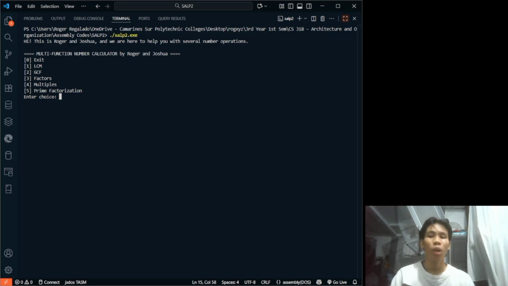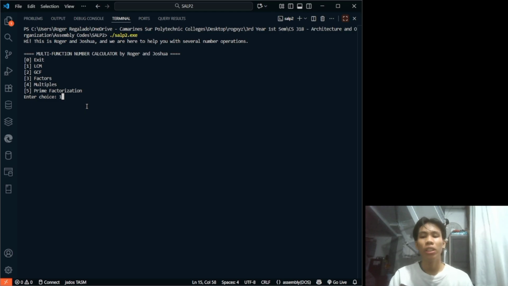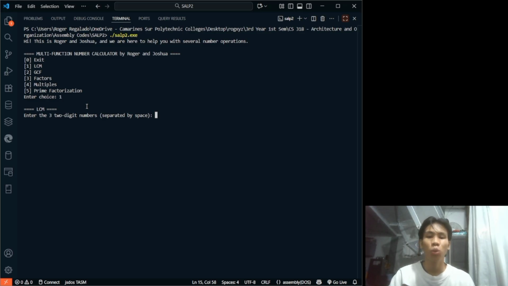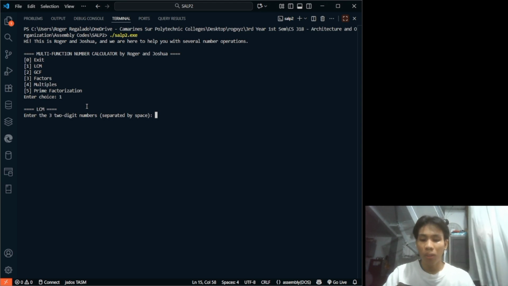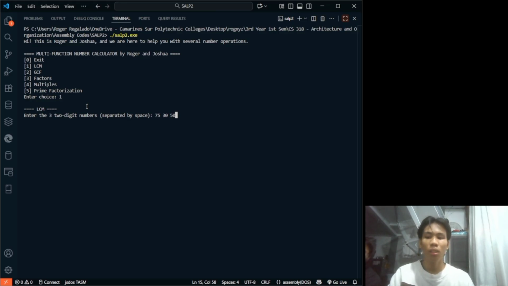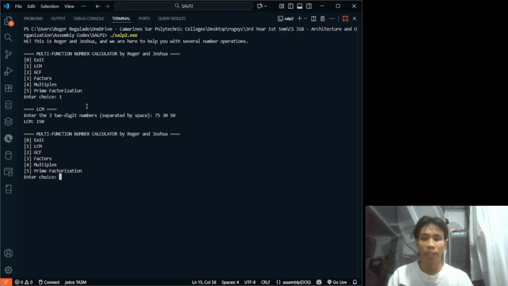So let's start with option 1 for LCM, and when we enter 1, the program will ask for 3 2-digit numbers separated by space. So as we can see here, it says enter the 3 2-digit numbers separated by space, and we will input the numbers 75, 30, and 50, and we will enter.